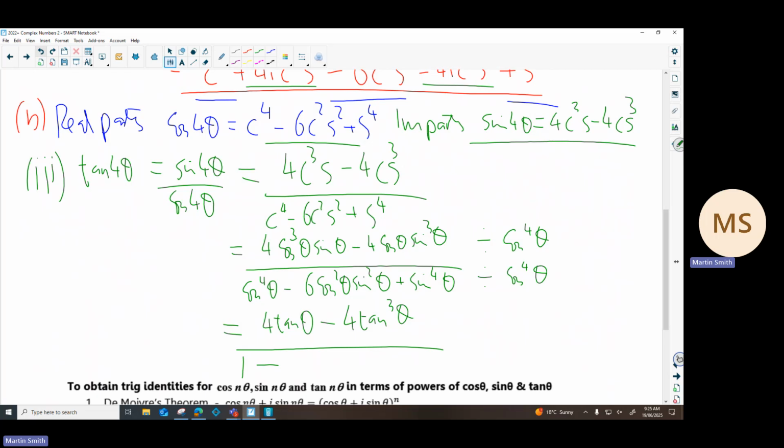6 cos squared sine squared over cos to the 4. Well, cos squared over cos squared cancels out. 6 sine squared over cos squared gives me 6 tan squared theta. And the last term is sine to the 4 divided by cos to the 4, which is tan to the 4 theta,